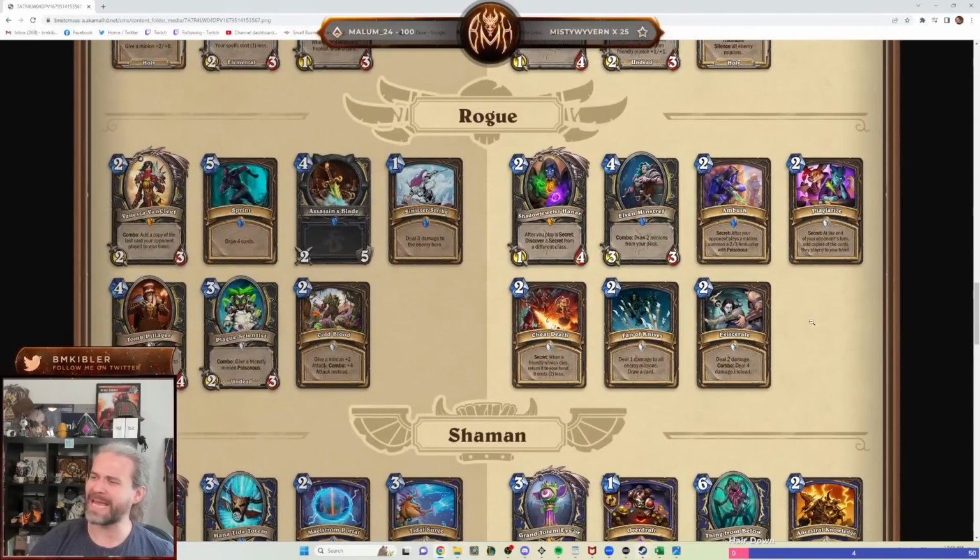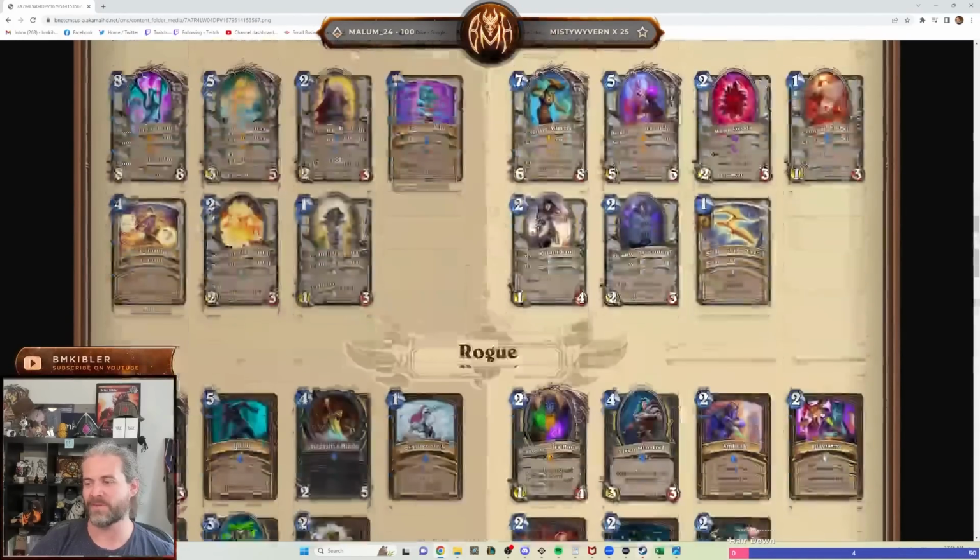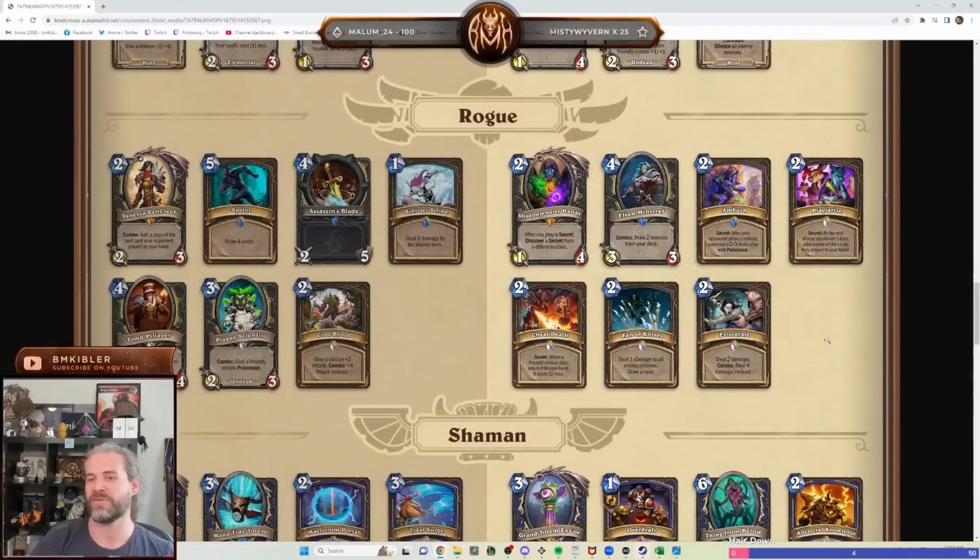So I can't think of... I guess Galloping Savior. What set was that from? Like, were there any Paladin secrets? I don't think there's any Paladin secrets in the past year. I think that this rotation with these coming out means that there's only Rogue, Mage, and Hunter secrets. So that means that this is always going to get Rogue Mage,